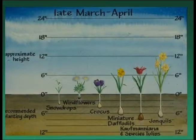The depth that you plant the bulbs depends on the diameter of that bulb. We typically say 2 to 3 times the diameter of the bulb is the depth at which you plant them. Now, if you figure the bulb's going to be this big across, you can plant it about that deep, 2 to 3 inches deep, as a rule of thumb. Our early season